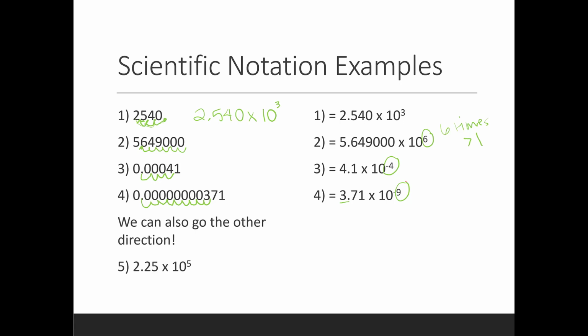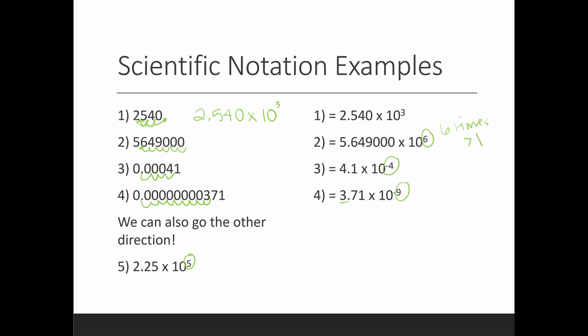We can also go the other direction. We can take stuff that's in scientific notation and get it out by moving the decimal and putting it either to the left or to the right to make the number bigger or smaller. So if you see in example 5 here,